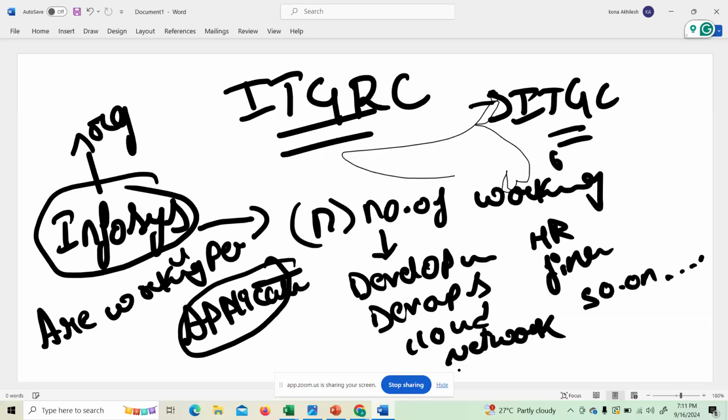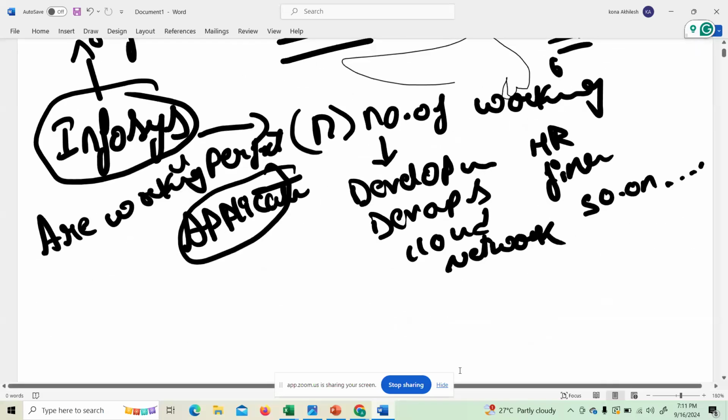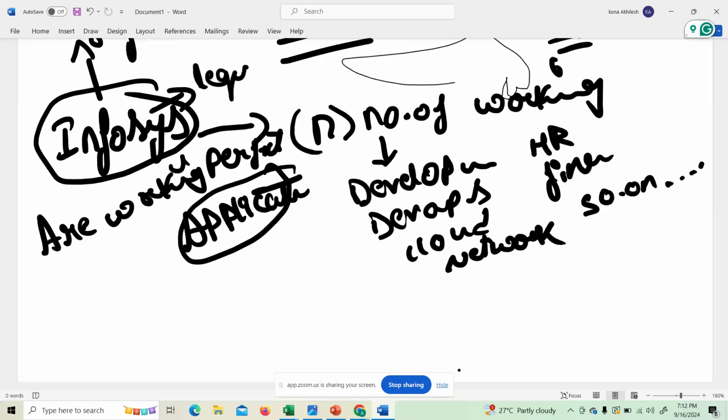How can Infosys make sure that each and every team working inside the organization is working towards the organizational goal, the organizational objective? How can Infosys legitimate the teams' performance?